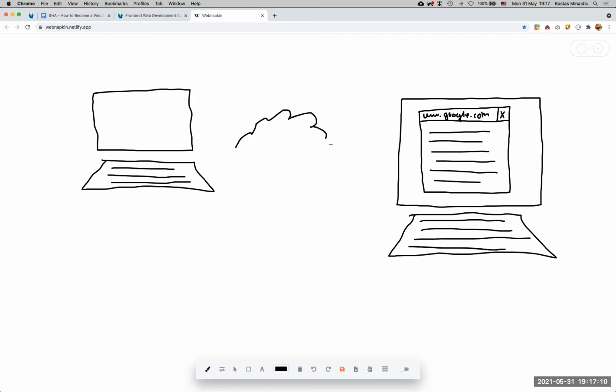So I will create a cloud. This is supposed to be the internet. So my browser connects to the internet, and through the internet finds a web server, or server for short for now, which is a computer that is connected to the internet all day long. A server is just a computer that's connected to the internet and it never gets switched off. We connect to a server and we download a file